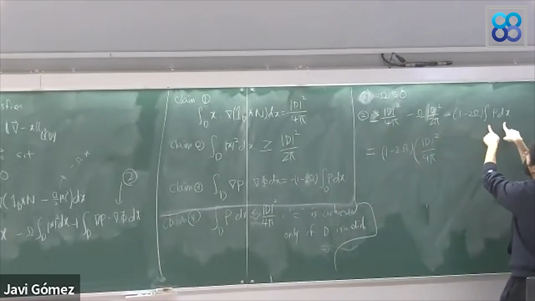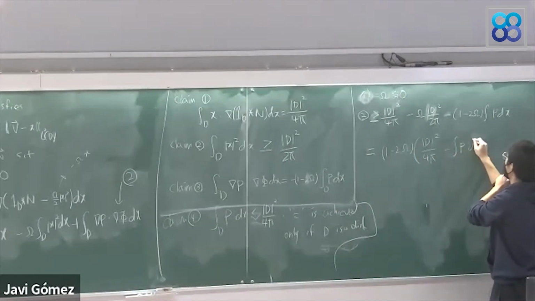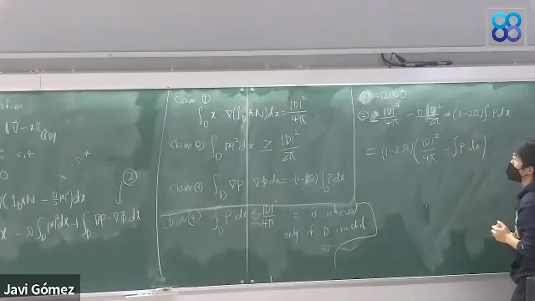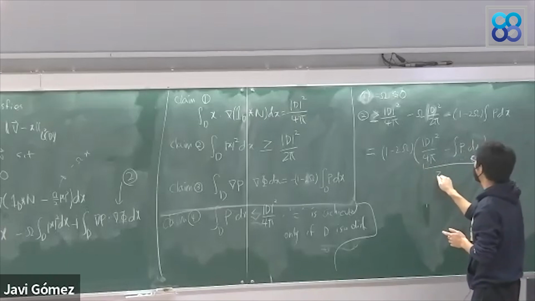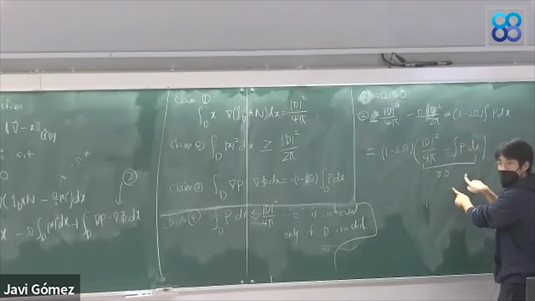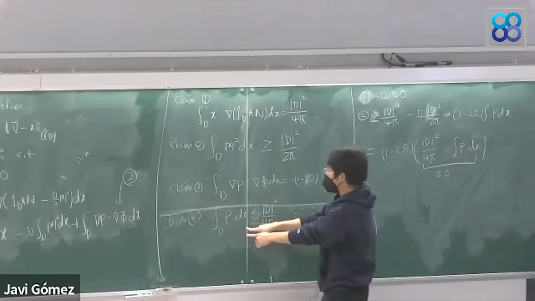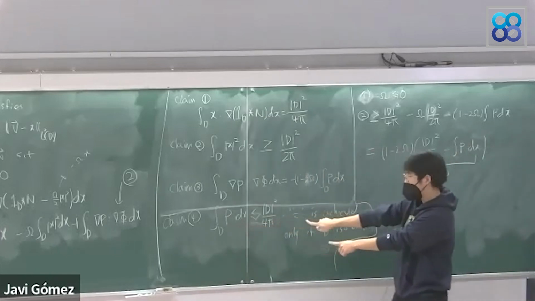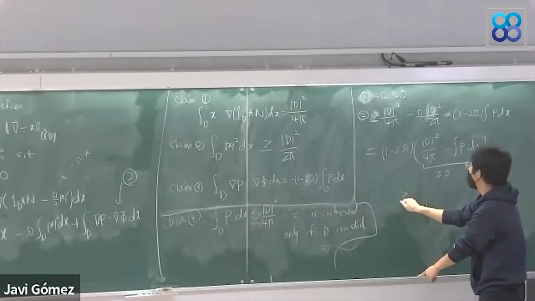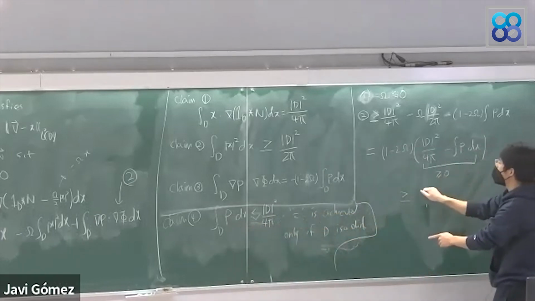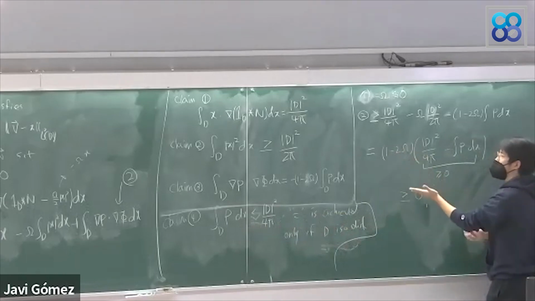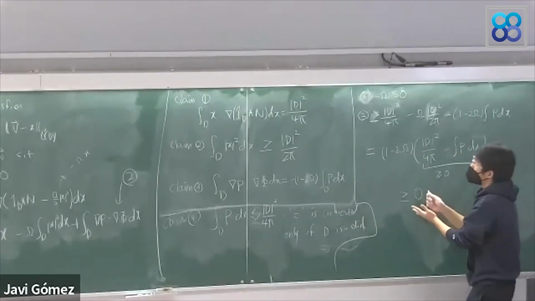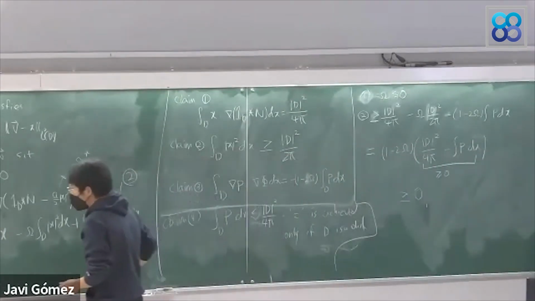And then we have negative integral p. But this one is always greater than or equal to 0, right? That's what the fourth claim says. So the integral p is always lower than this one. So we get greater than or equal to 0 because omega is a negative number. One is positive, negative 2 omega is positive, so a positive number. So this equation 2, this guy